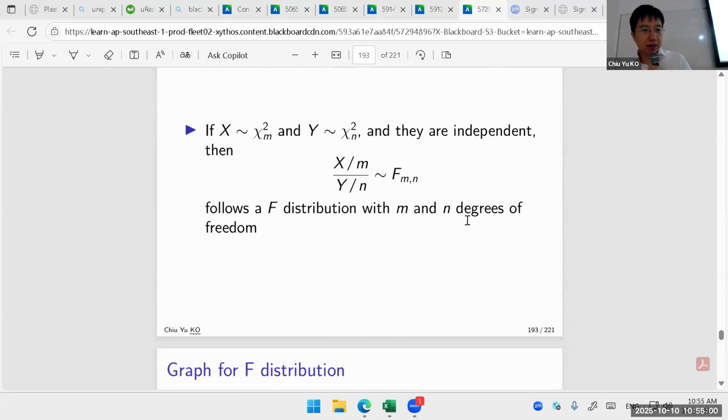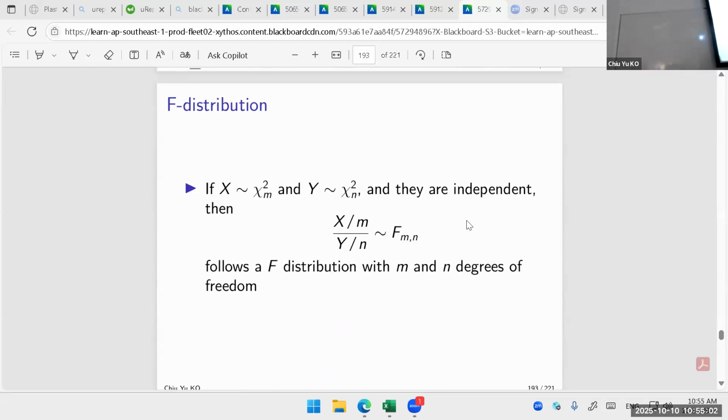And lastly, you have an F distribution, which is comparing two chi-squares. As I said, chi-square is looking at the variance, right? So F is comparing two different variances. And you ask why we care about that. Later you will see when we try to compare